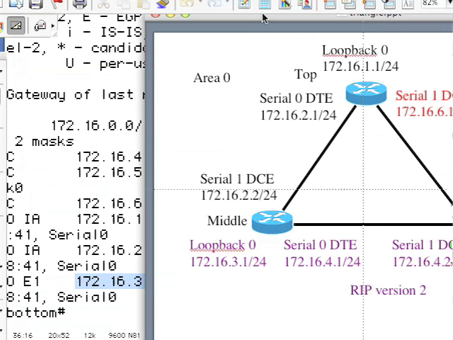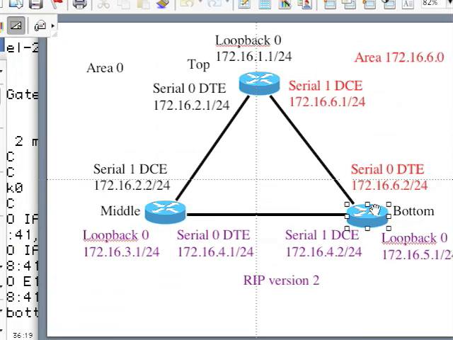And the reason only one of them was entered into the route table is because this is on the bottom router, and I have a choice for, let's say, this serial link here, this /24. I can go to that network via the OSPF external route that I received from the area border router, from the autonomous system boundary router, redistributed from RIP, or I can go to the directly connected